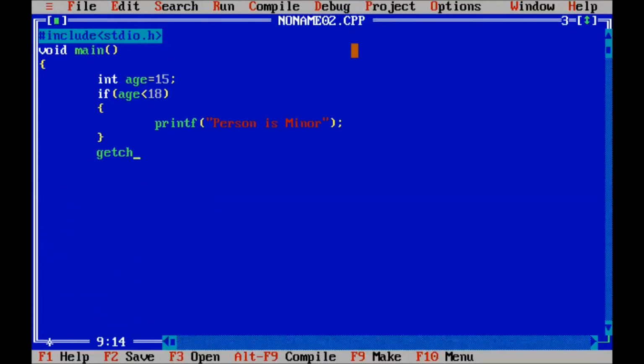We use getch to see the output properly. Okay, so we run the program.